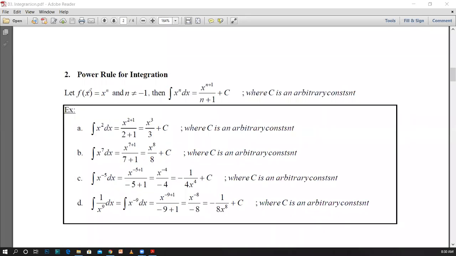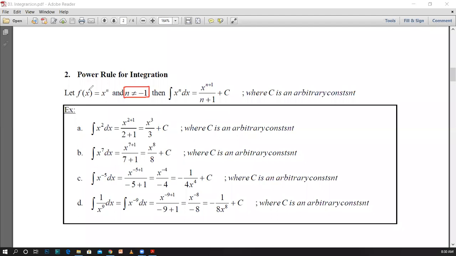Now we'll see how we can perform this integration. If you are using the power rule for integration, there is a condition you have to check. The power cannot be equal to minus 1 if you are using this concept. If you need to use this theorem, then the value of n cannot be equal to minus 1. If the value of n is becoming minus 1, then we have to consider an alternative method. Therefore, if you are using the power rule for integration, the value of n cannot be equal to minus 1.